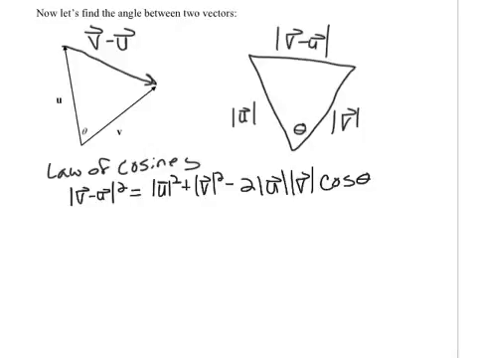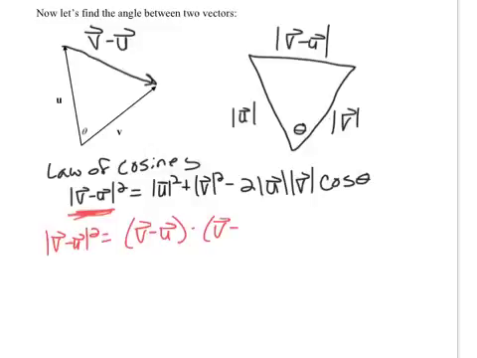So from our properties, we have v minus u. We're going to look at this and take care of it. The magnitude of v minus u squared is the same as the dot product of v minus u dot v minus u. We're going to treat that as two binomials, and treat the dot product as multiplication. So if I do that, I have v times v, or v dot v,